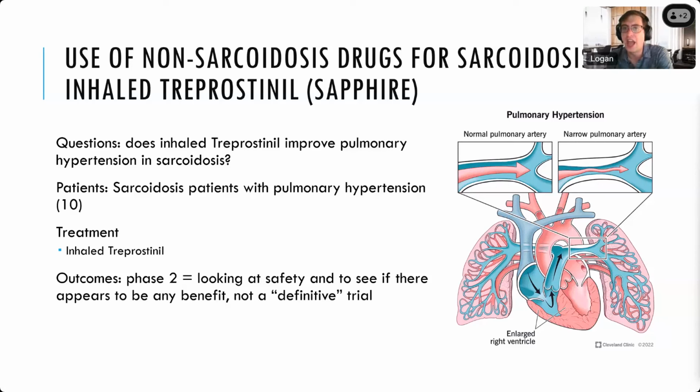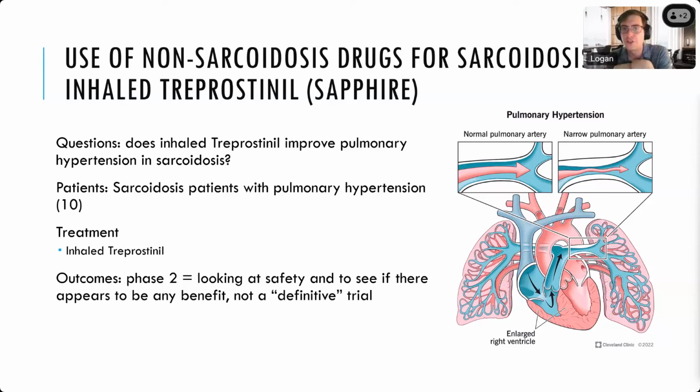So in this trial, they are looking to give 10 sarcoidosis patients with pulmonary hypertension this inhaled treprostinil. Now, this is something we call a phase 2